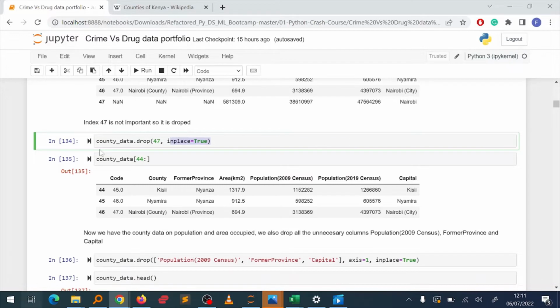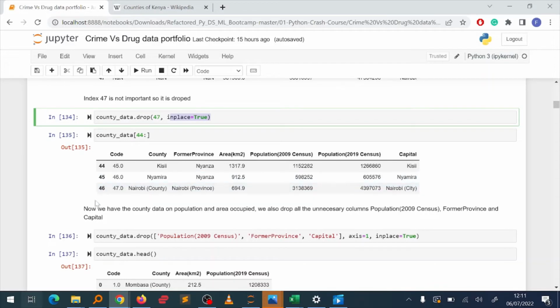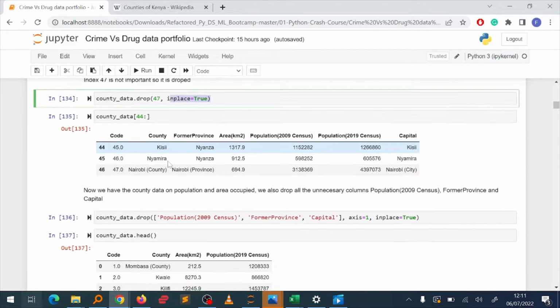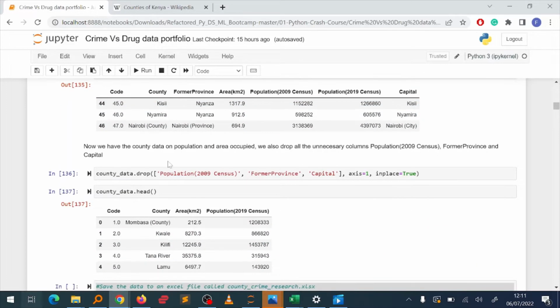So in the county data, I drop index 47, in place. When I check again, index 47 is not there and the data looks really good. Now the next point we have to do, now that we have the county data on population